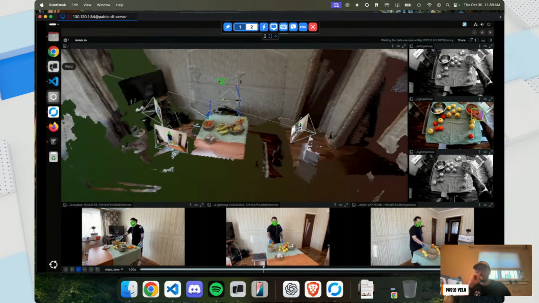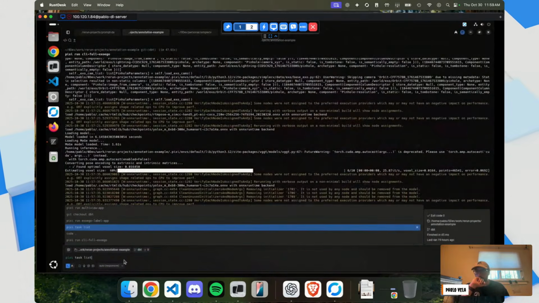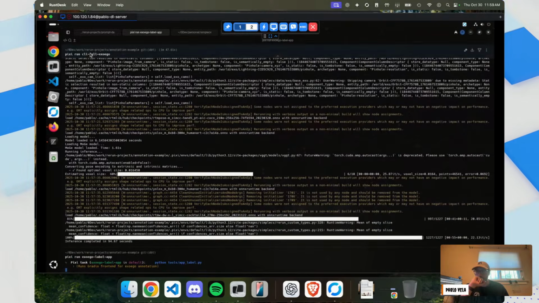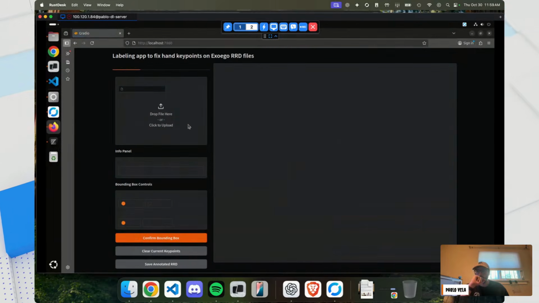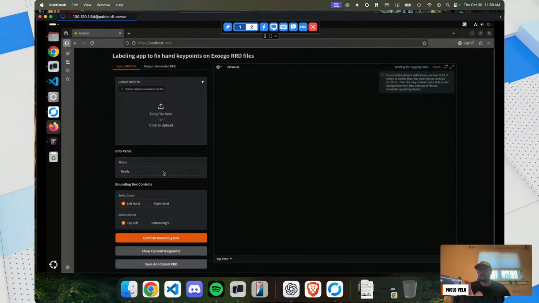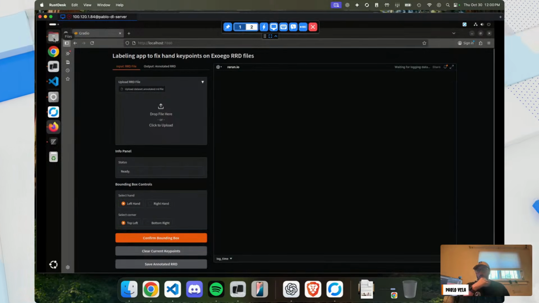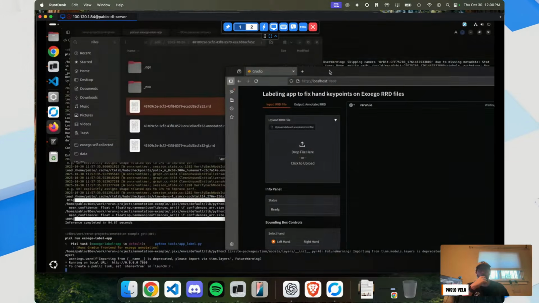As part of this, I also built a different Gradio app, which I will run right here. This will run another implementation of this thing that I built. It's an app that allows me to fix any errors inside of these predicted annotations.